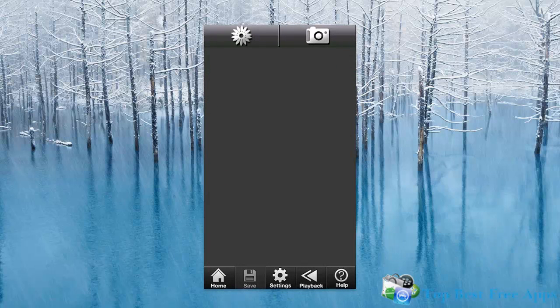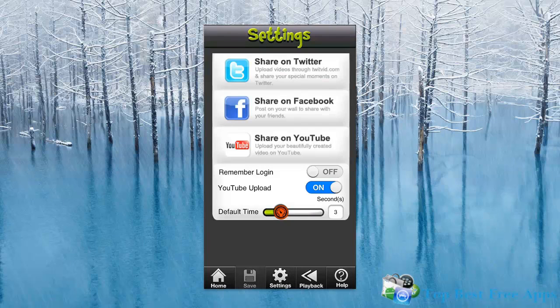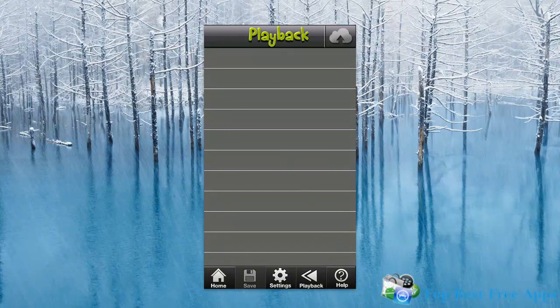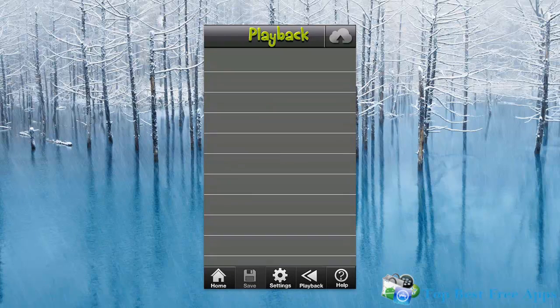So your interface is pretty simple here. At the bottom, you have your home tab, which allows you to start editing here. You can see your saved things, or you can save a project if you're working on one. Under your settings, you can give it access to things like your YouTube logins and stuff like that, and have it remember login. You can also choose to share it out via other social networks here. Your playback tab just sees everything that you store within the application itself. So if you don't store it in your camera roll or anything like that, you can play back via the